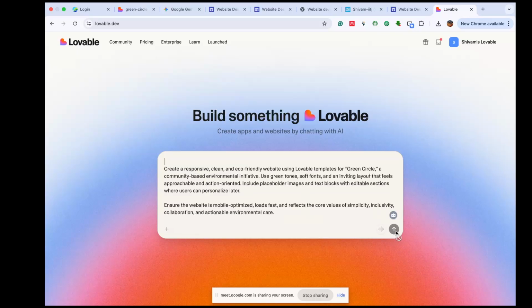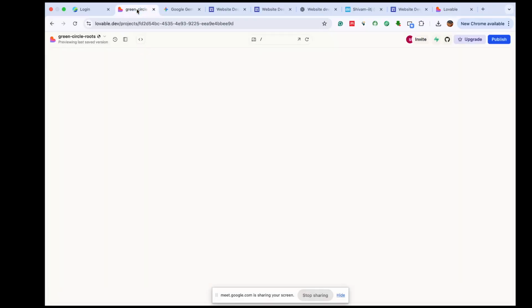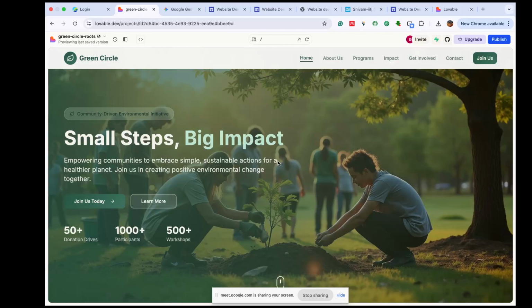So now once we give this prompt to the AI website builder, it will start creating the website. I have already done it because I don't want to waste your time. Whatever prompt I've given, it created this. See,